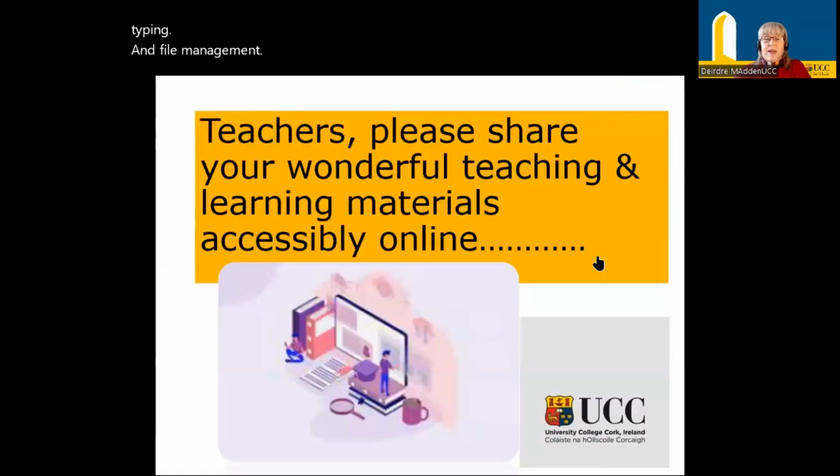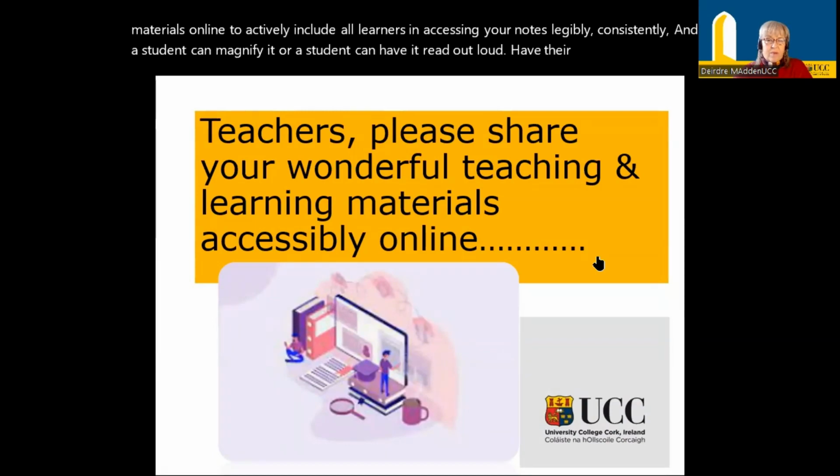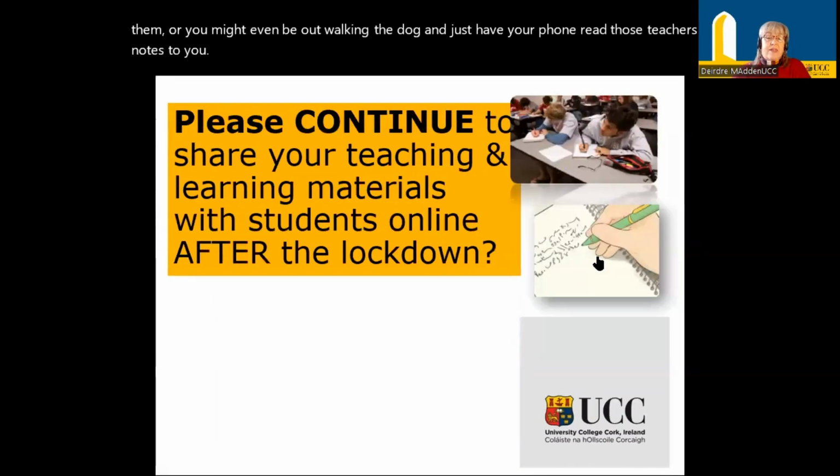And then my permanent nag to teachers is please, please share your amazing teaching and learning materials online to actively include all learners in accessing your notes legibly, consistently, and a student can magnify it, or a student can have their notes read out loud to them, or you might even be out walking the dog and just have your phone read those teachers' notes to you. So I would ask teachers to